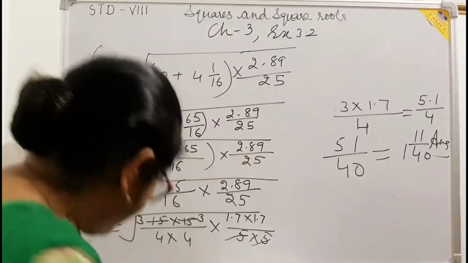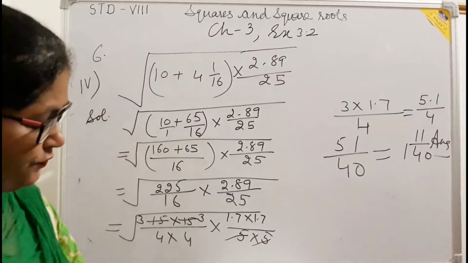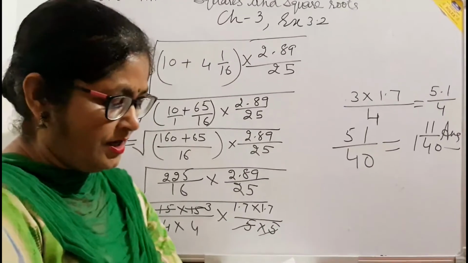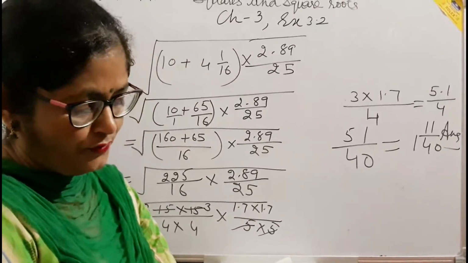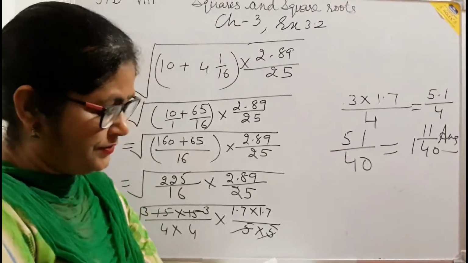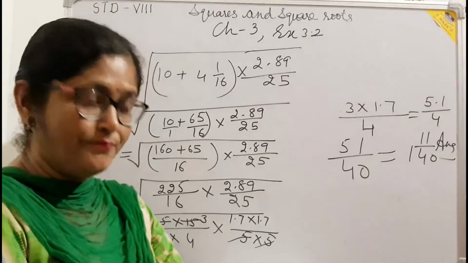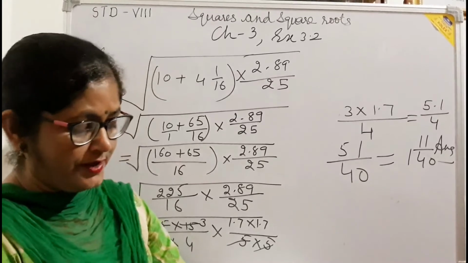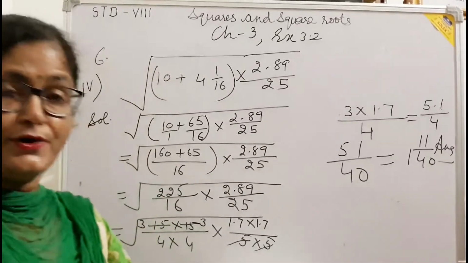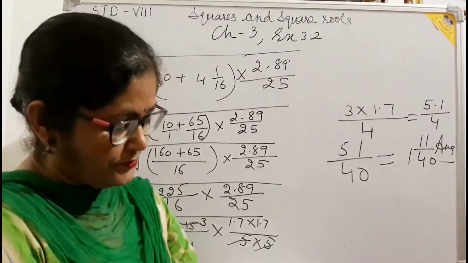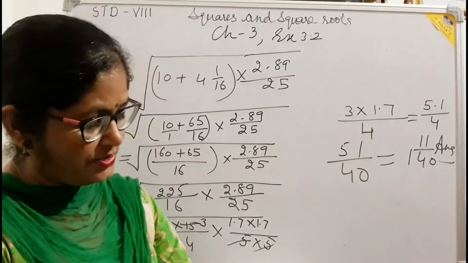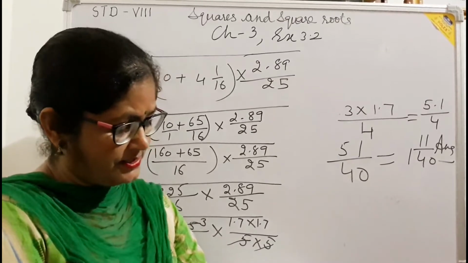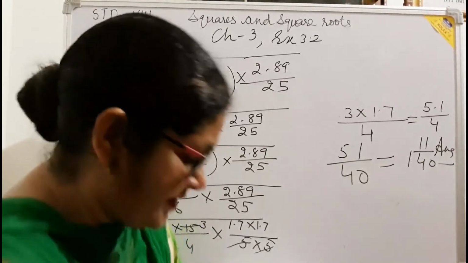Yes. Now question number 8. In a school function, 968 students were made to sit in a hall such that the number of rows is equal to the number of students in each row. Find the number of rows if 7 students were left out after the arrangement. Means number of students 968, left students 7, remaining students are the present students in the hall. You should do 968 minus 7 and find the square root.